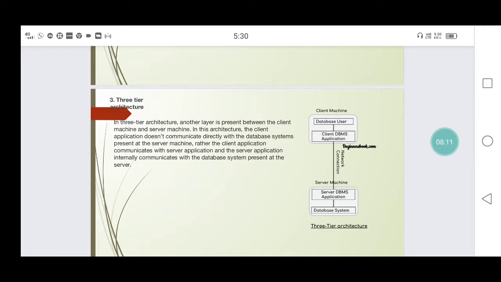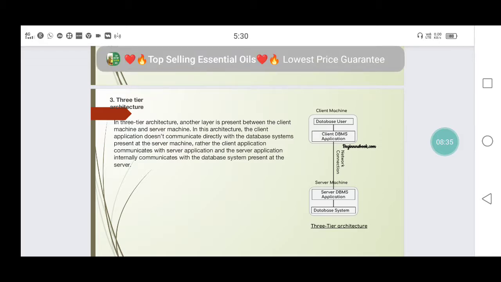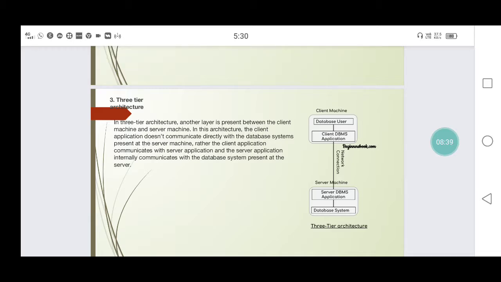The server passes through the database management system to the client application. So the client runs through the database management system. The client cannot communicate directly with the database system present in this server machine. Here client means user cannot communicate directly with the database system at the server machine.